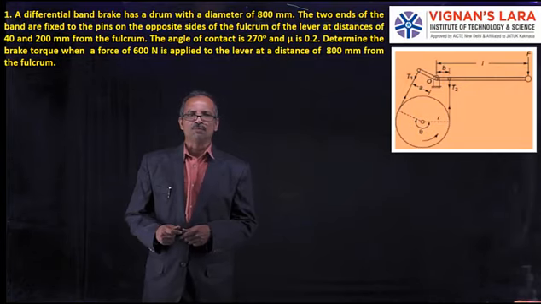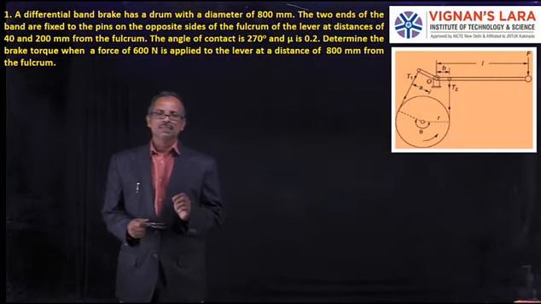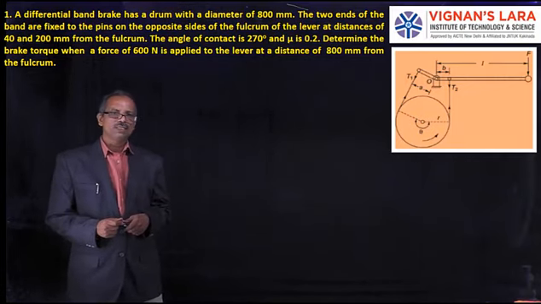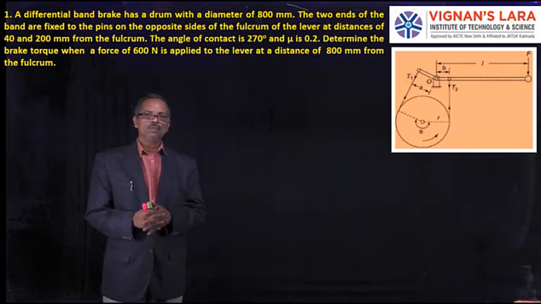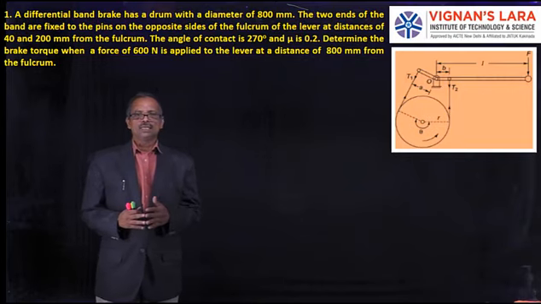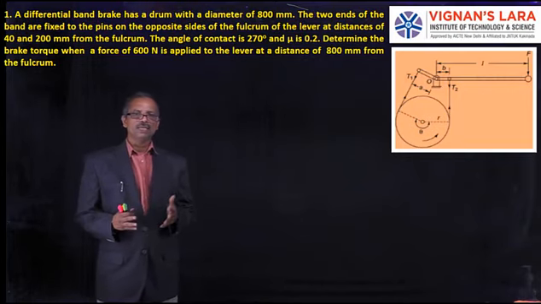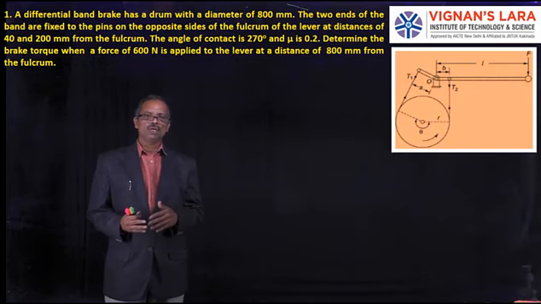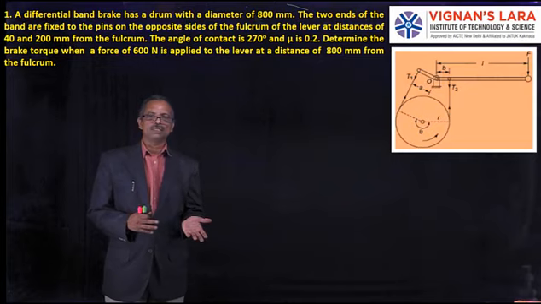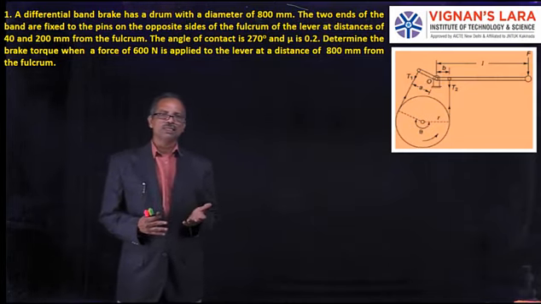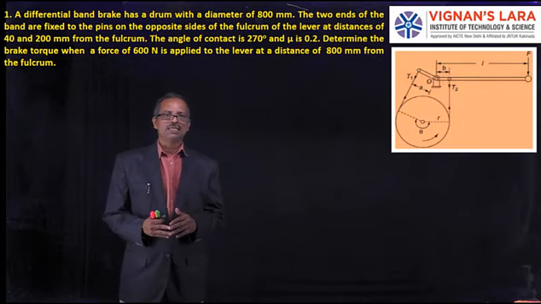mm from the fulcrum. This is a simple straightforward problem without any complexities, and by selecting the given data in two different modes, we can do it. That is, either A is greater than B or A is less than B. He has not stated which fulcrum distance is more and which is less.